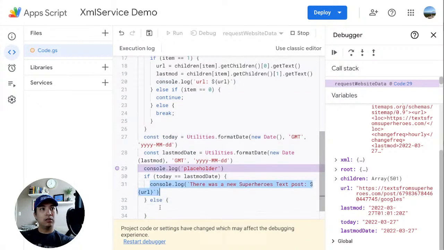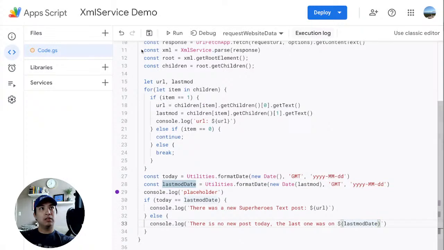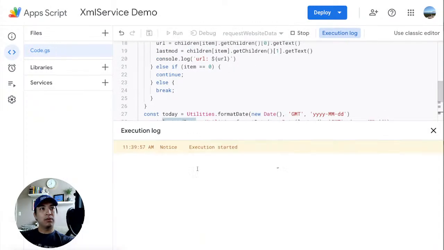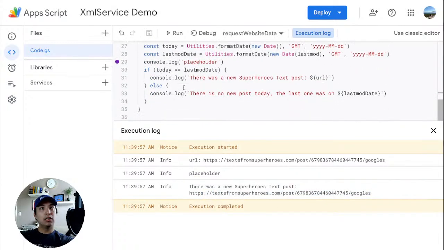And else, we're just going to say nothing. So nothing was new. We'll copy down this console log and say there is no new post today. The last one was on, and then over here we'll do the last mod date. All right, so let's stop this, and then we're going to run, and we should expect to get a console log that there was a new post, and the new post is this URL. And let's say,